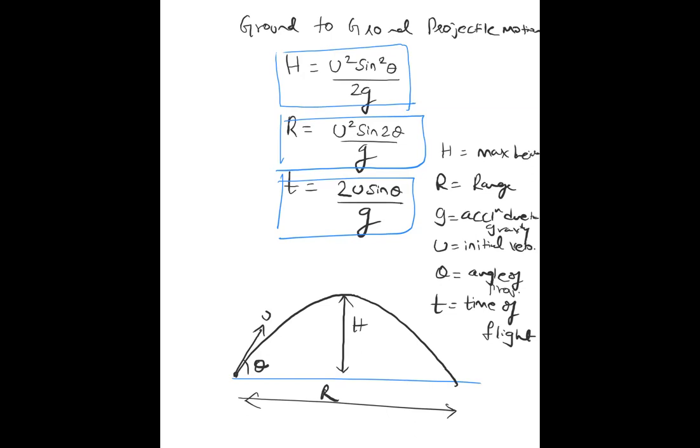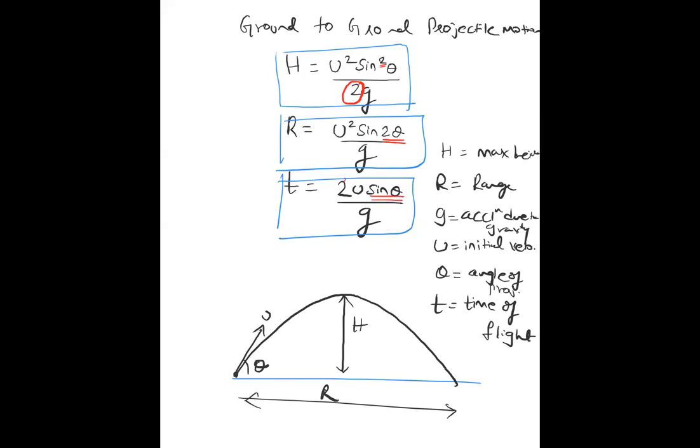Now, I have already written these formulas, and I just wrote them again. If you want, you can also write them. Highlight these three formulas in your copy and remember them. Very important. Never forget it. There is a slight difference in each formula. You can notice it. Here there is a 2, but here that is not there. Here it's sine square theta, but here it is sine 2 theta. Both are different things. And here it's only sine theta.